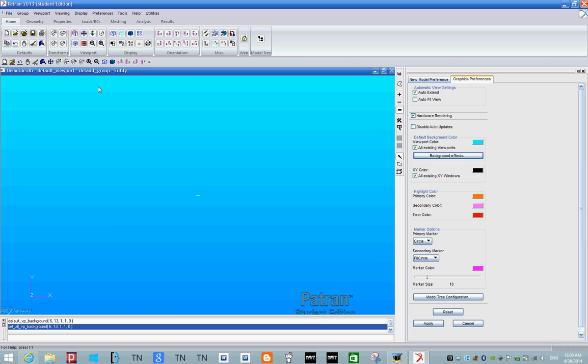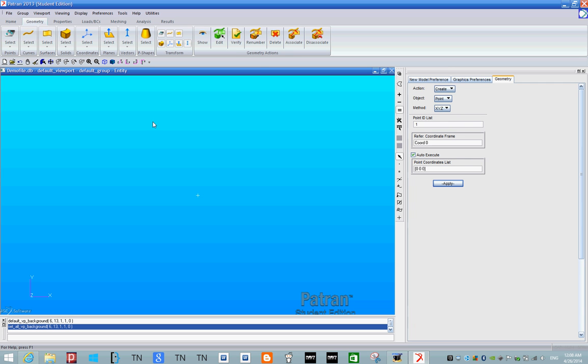Okay, so I'm going to try to approach this very similarly to how you'd approach your project, but I'm not going to do the exact same part just so there's no sort of cheating or whatever you want to call it. Anyways, so let's go to geometry. And in order to make a part similar to the one that we had in the project, we're going to create a